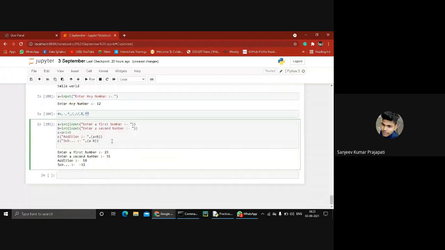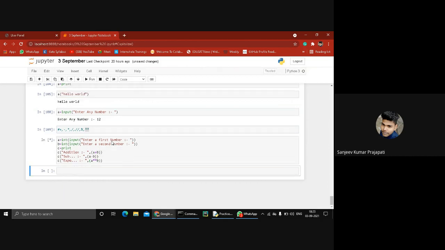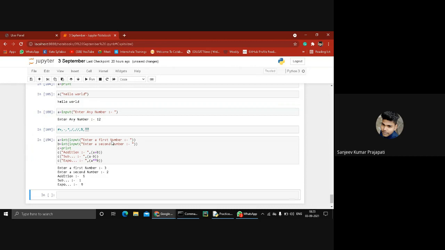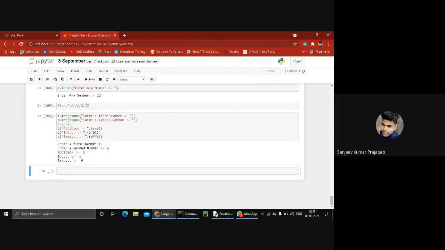So I will tell you how it works. So we just type c equal to a double-star b. So we just type 3 and 2. Got it. 3 to the power 2, 9. Got it, guys? How the exponential operator works.